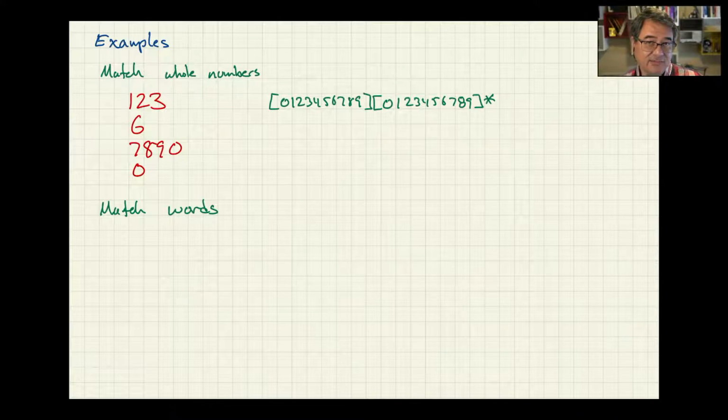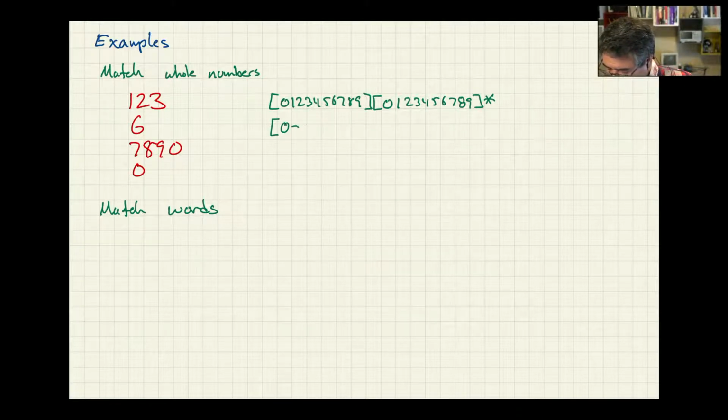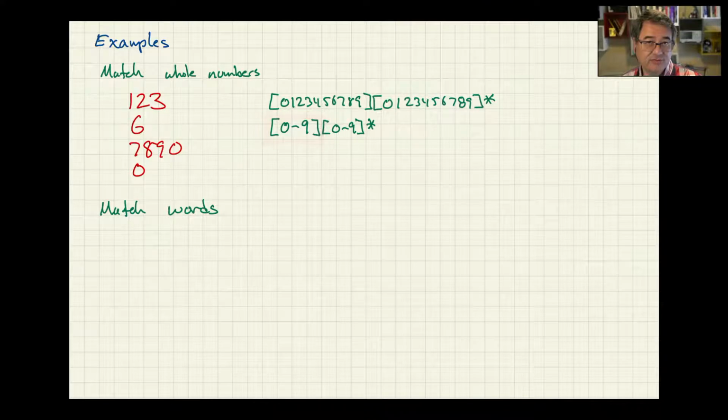But that's a lot of typing. So there's one shortcut that you can use, and that's to put a dash in between a starting character and an ending character. If you want to accept any one character out of a range of characters, you do it like this. So one of these, any character in the range is 0 through 9, followed by any number of subsequent characters,